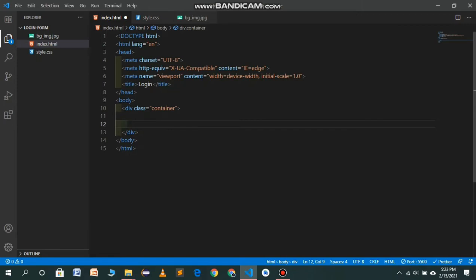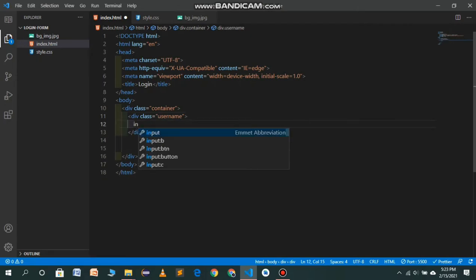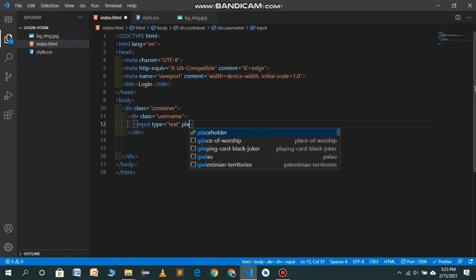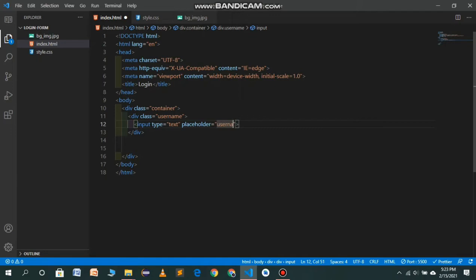First, we will create a container for the username, and in this I have an input, type will be text, and the placeholder will be username, and I think that's okay.